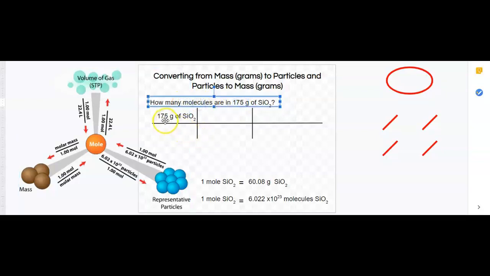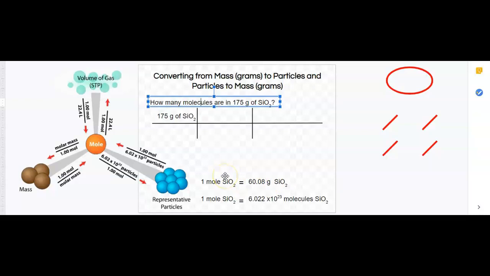So what we're going to do is we're going to start with the grams that we have. Okay? And if I want to go from grams to the mole, okay, the arrow that points in is the arrow right here, the red arrow, 1 mole over the molar mass. When I get out my periodic table and I look up silicon and 2 oxygens, I find that 1 mole of silicon dioxide weighs 60.08 grams. So I'm going to use this as my conversion factor to go from the grams of silicon dioxide to the